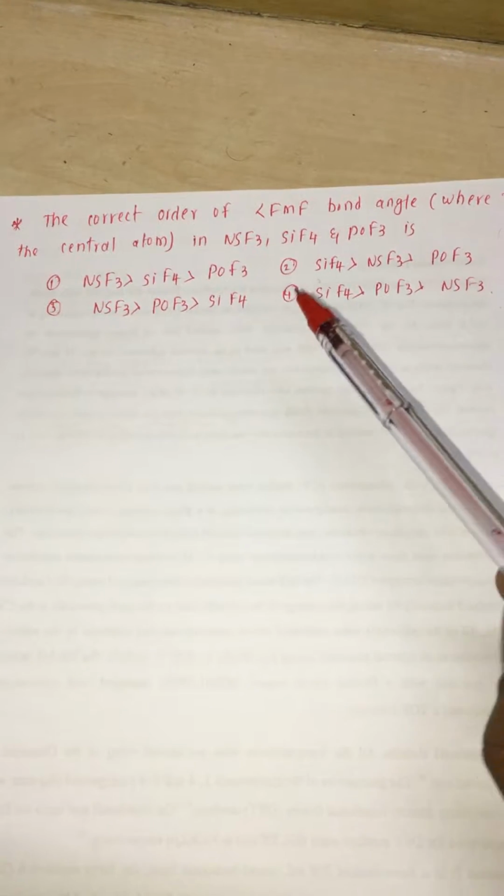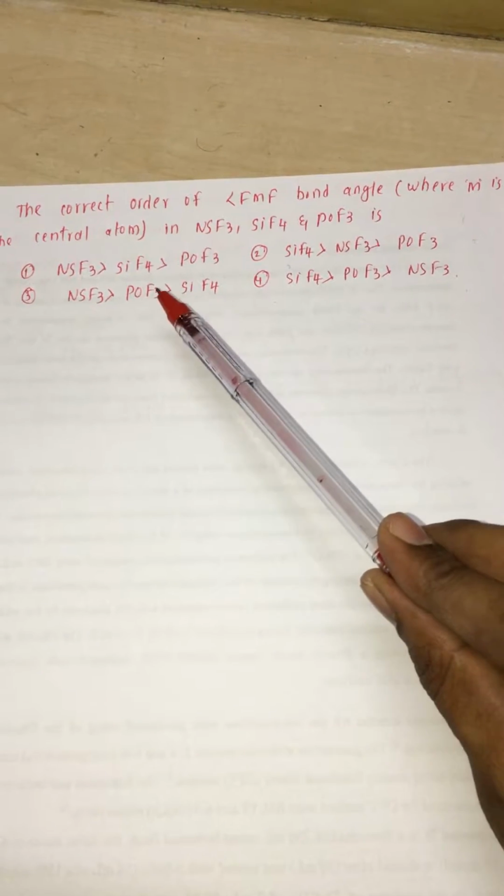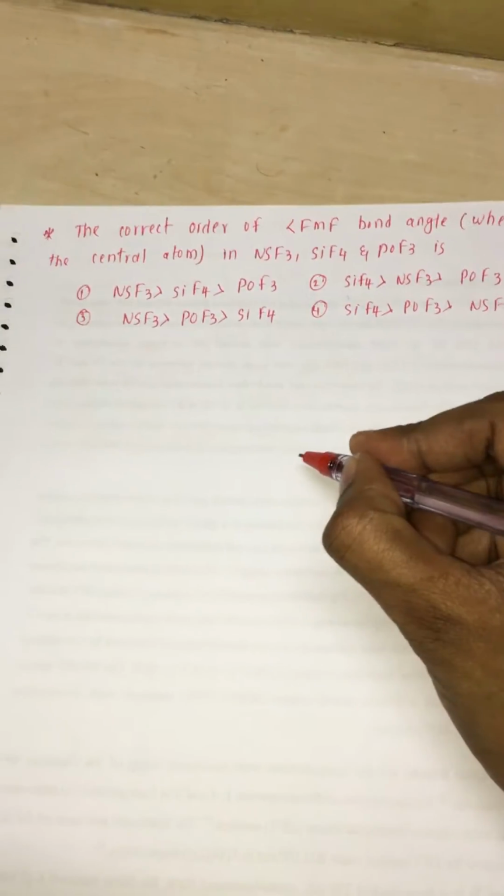So today we are going to talk about some of the questions asked in previous CSIR question papers. The correct order of FMF bond angle, where M is the metal atom, in NSF3, SiF4 and POF3 is. So four options are given. First we will take SiF4